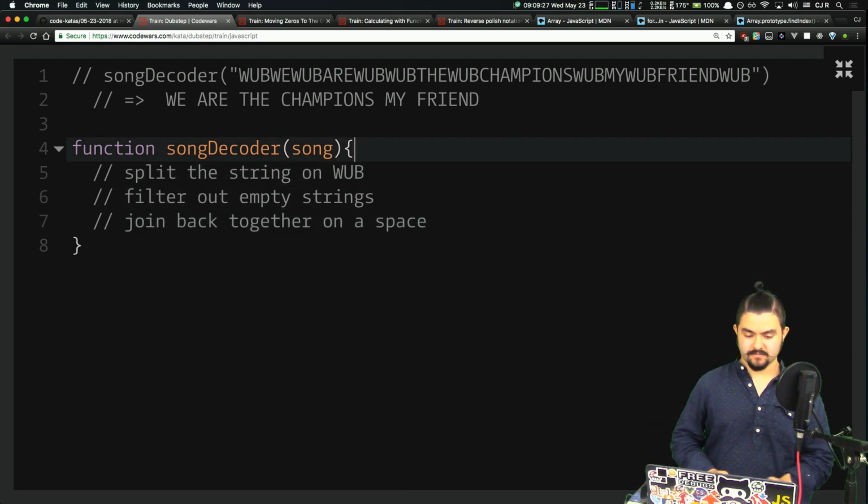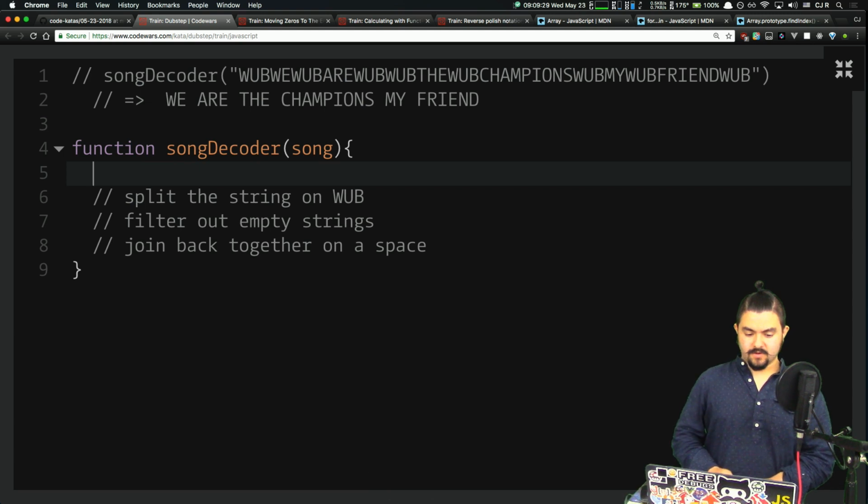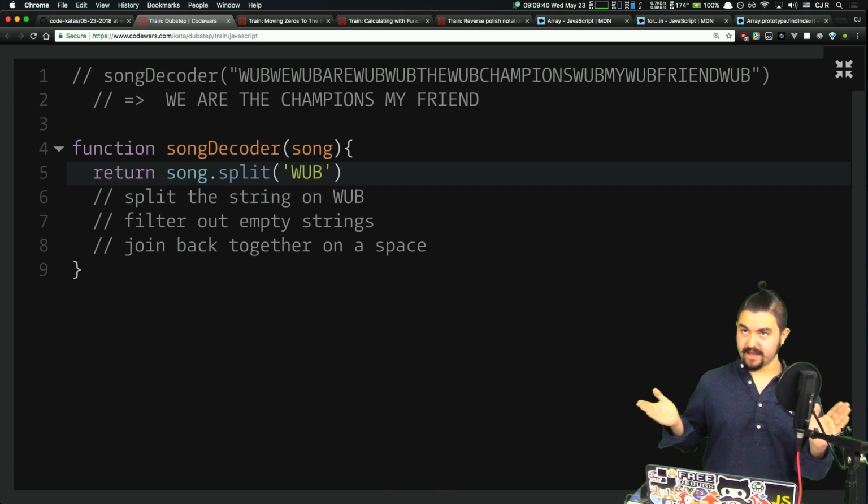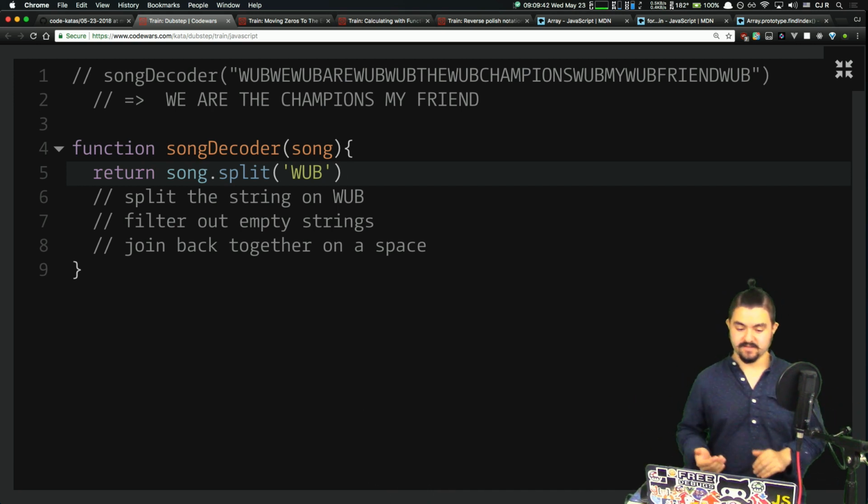Okay, so we want to split the string, so song.split on wub. That's going to give us an array, but there will be some empty values in there. And then we want to filter that